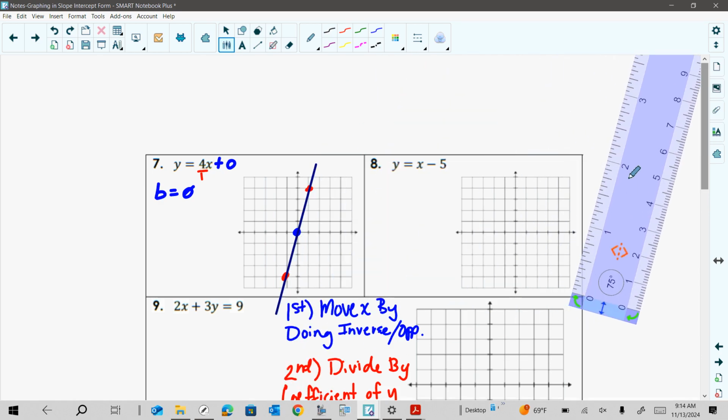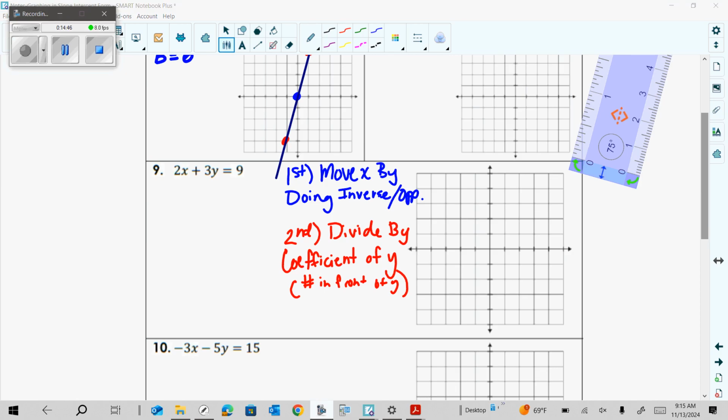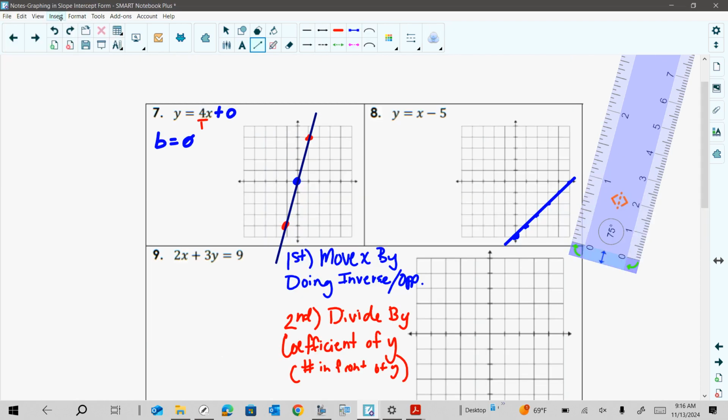I want you to try number 8. Okay. Let's check your understanding. If you've been doing these with me, understanding what's first, what's second, let's plot the points. And then we're going to need to definitely do 9 through 11. I'm going to add some steps for you because these equations are not in slope-intercept form. So we have to solve for the y in order to do. What you could do,